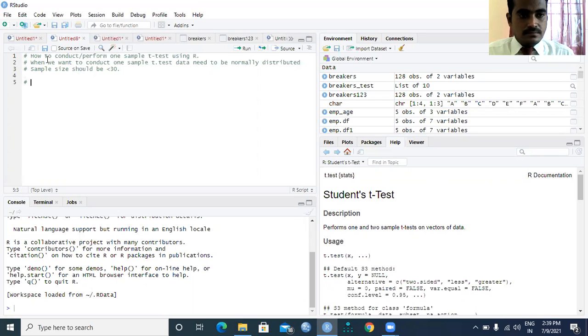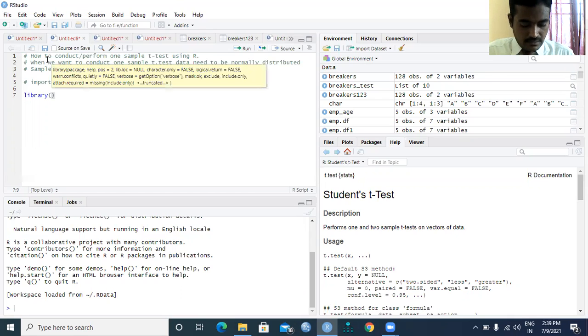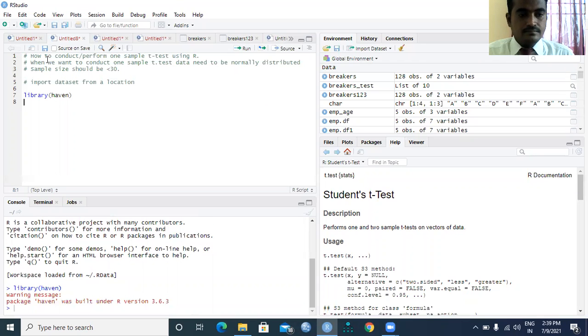First procedure, import the data set from a location. So what we need to do here, we need to go for the library haven. Next, here I am going to take the type of the file, breakers.